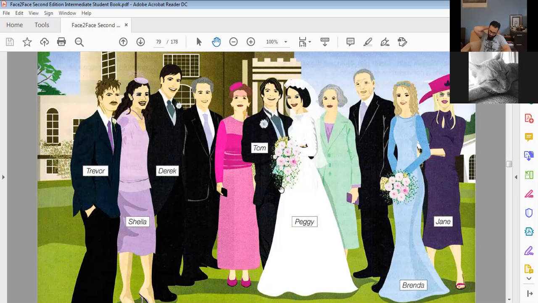Oh, what a lovely idea. Actually, we want to invite all the people who came to your wedding. So we borrowed some of your old wedding photos, but we haven't got a clue who most of them are. Well, we've lost touch with most of them. 25 years is a long time.